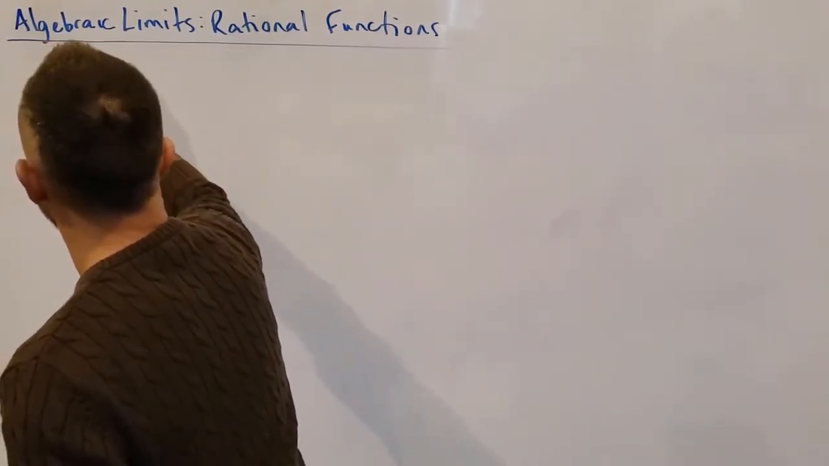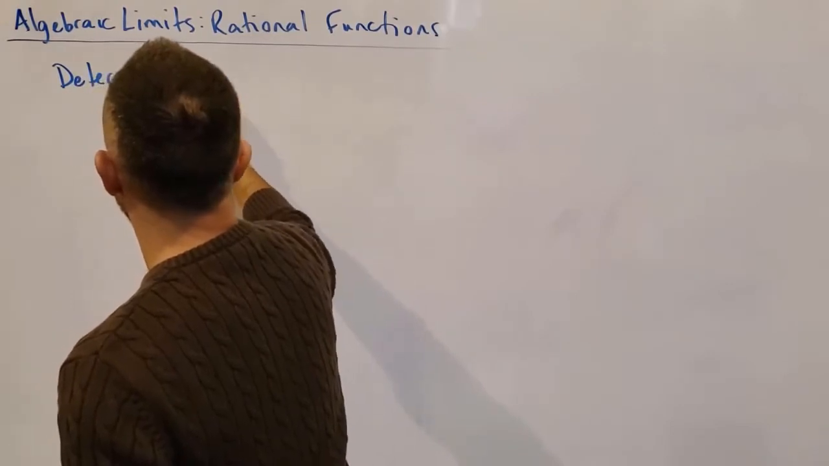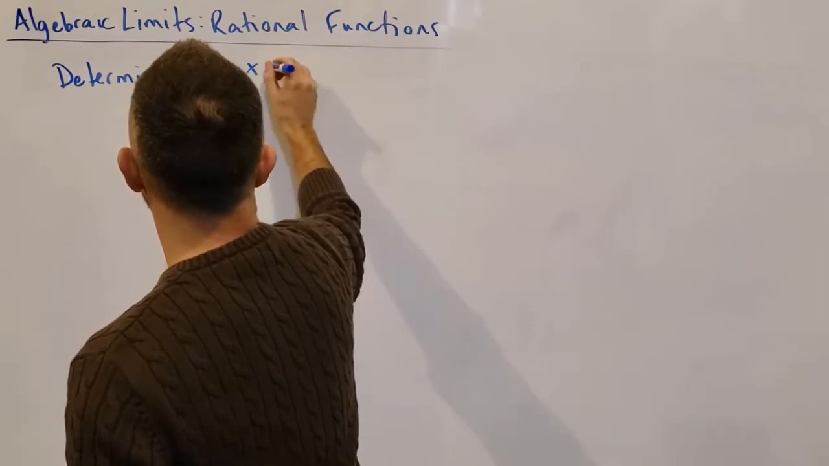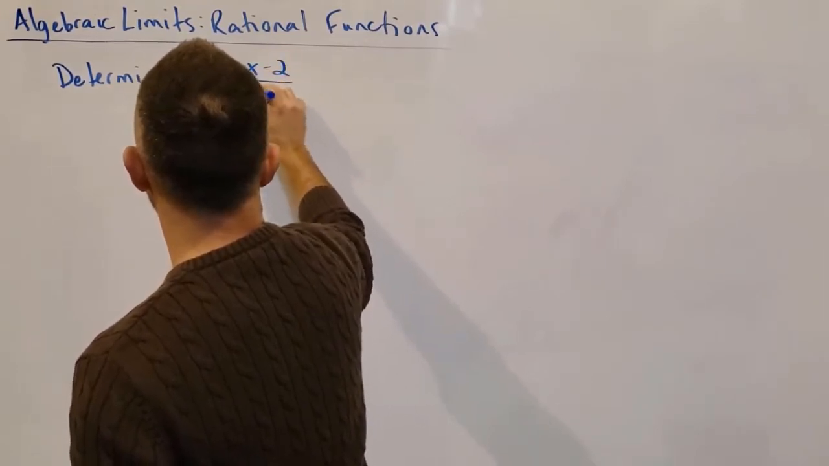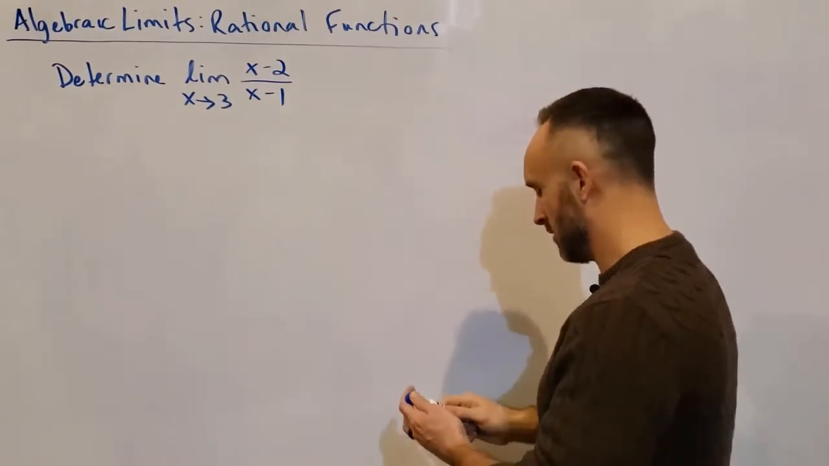Determine the limit as x approaches 3 of x minus 2 over x minus 1. Okay, so determine that limit. Well,